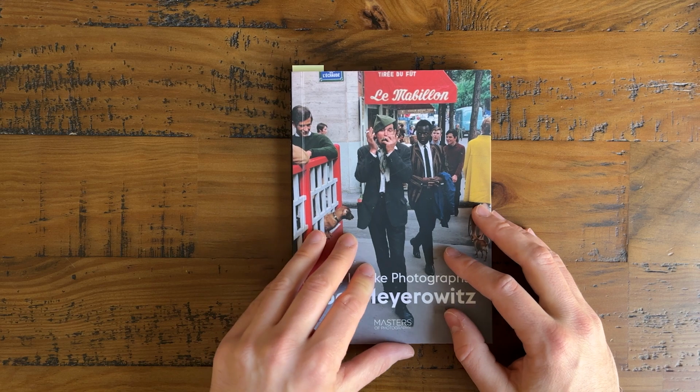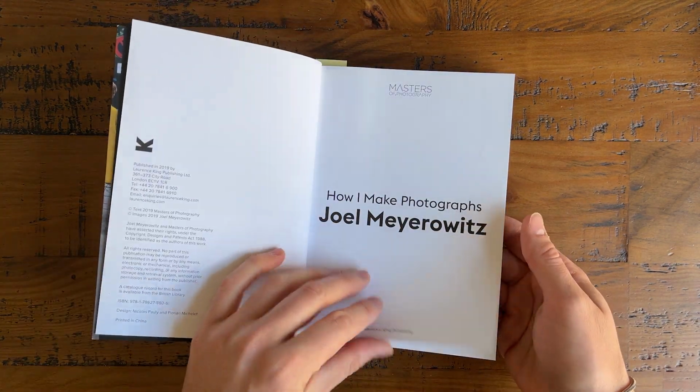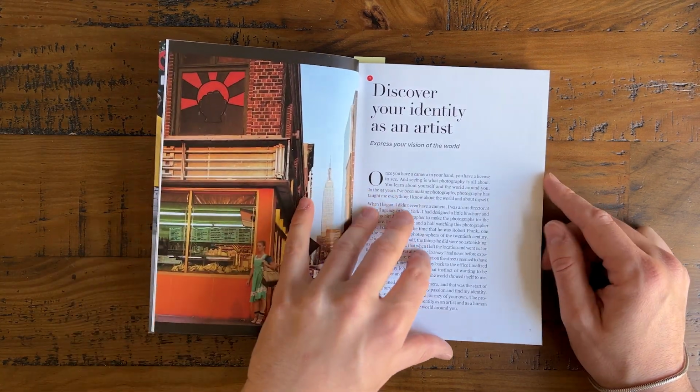Okay, this next book is by the one and only Joel Meyerowitz, one of the pioneers of street photography in terms of color photography. I love this book for many reasons. It's a nice small book, very reasonably priced, I think, for the amount that can be gained from reading the book. The book is essentially 20 bite-sized lessons that Joel Meyerowitz, who has been photographing for over 60 years, has